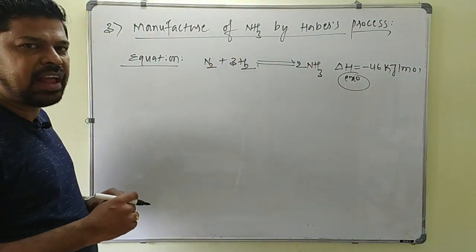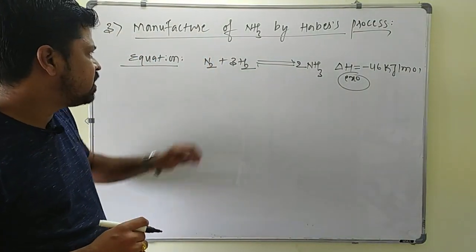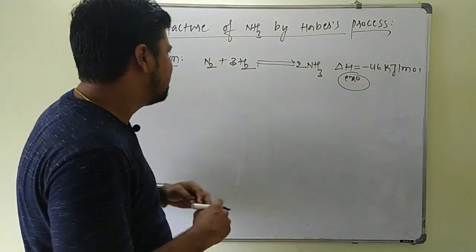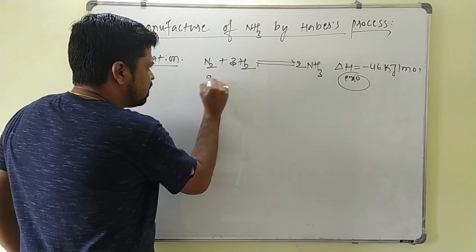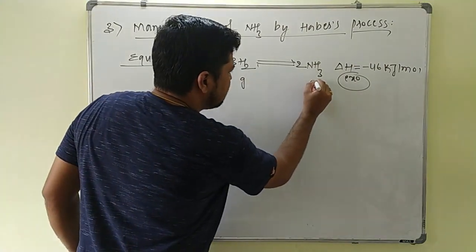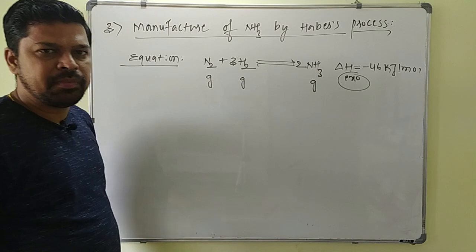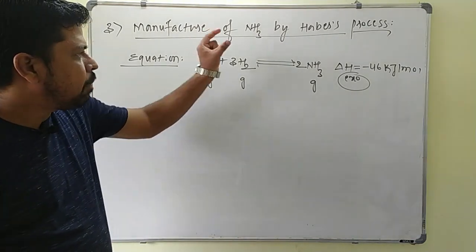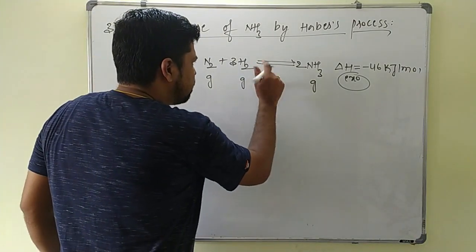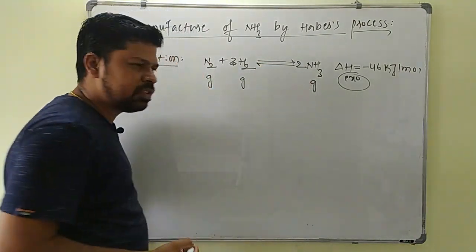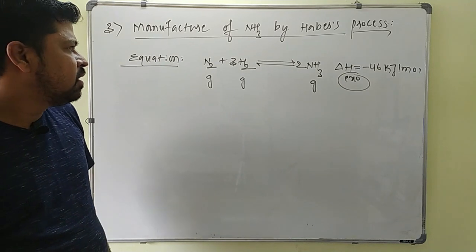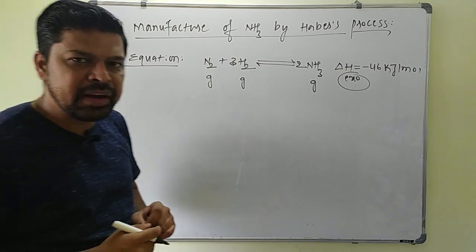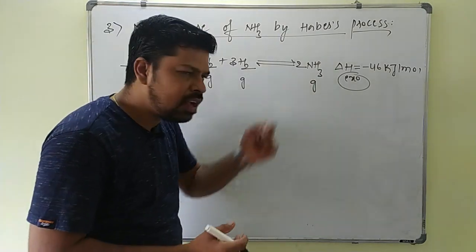Okay, this is the reaction involved in the Haber's process. 1 mole of nitrogen combines with 3 moles of hydrogen, giving 2 moles of ammonia. This is a very simple reaction. This is a gas, and this also gas, and this also gas. Since it is a reversible reaction, it will take place in what? Closed vessel here. So that we can apply the Le Chatelier principle for this one. It's a reversible reaction which achieves the equilibrium position here. So by applying Le Chatelier principle, we can write some optimum condition to get the maximum yield of the ammonia.